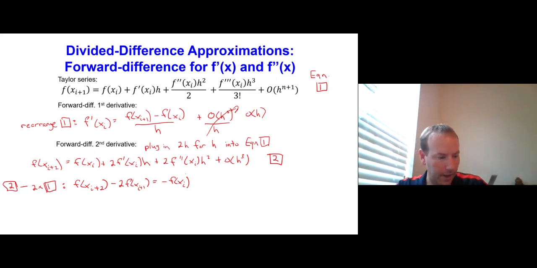So that would be negative f of xi, plus,